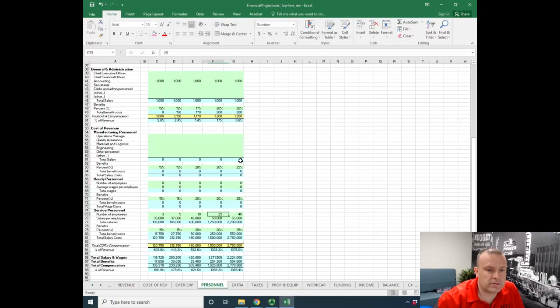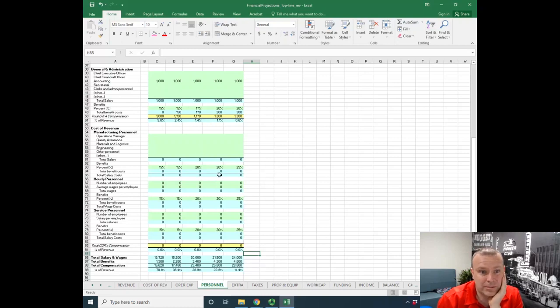Okay, I'm going to put zeros in here too. You could put the numbers in here instead of what I put up above. It doesn't really matter that much. The key thing is that the totals are correct. Now we're getting to the point that we can actually check our numbers to see if they make